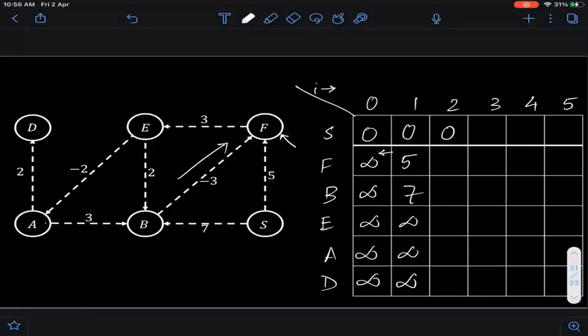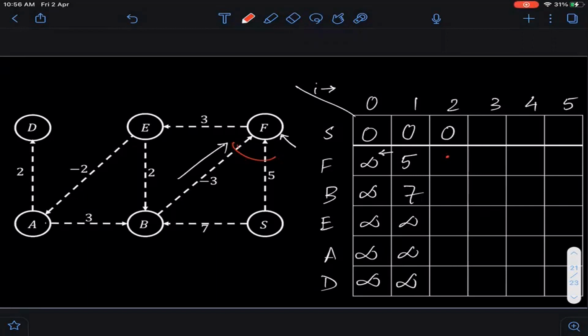Great. So this is one interesting case, right? People are saying that now I should change the value to 4. Why should I change the value to 4? Again, let's look at all the options. When I'm trying to fill up this particular entry, what are the options that I have? One is I will just directly look to my left. There I have a value of 5. What are the other options? Let's look at the incoming edges to F. The two incoming edges are B comma F and S comma F. S comma F we have already considered, so that's not needed.